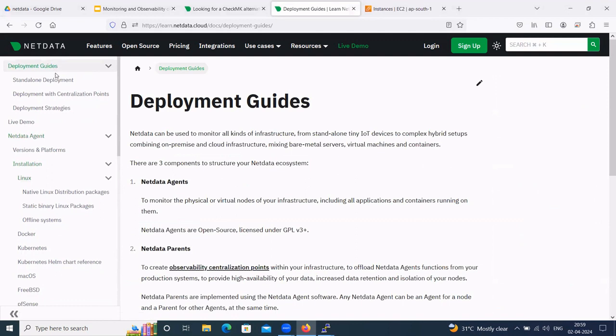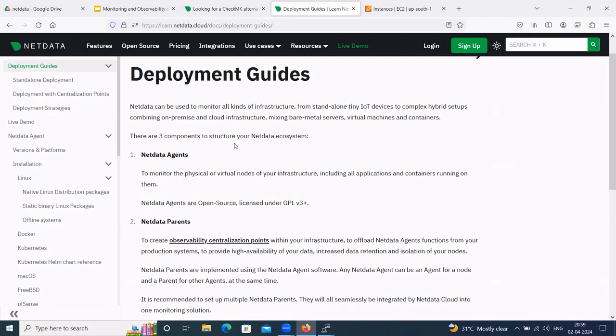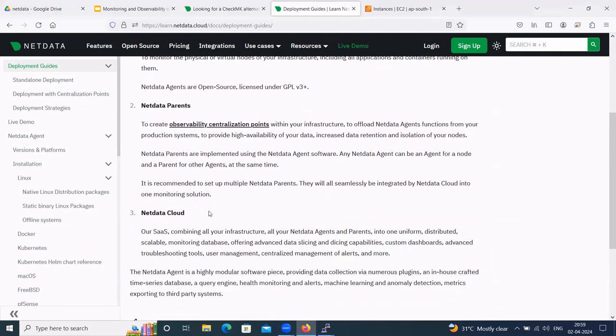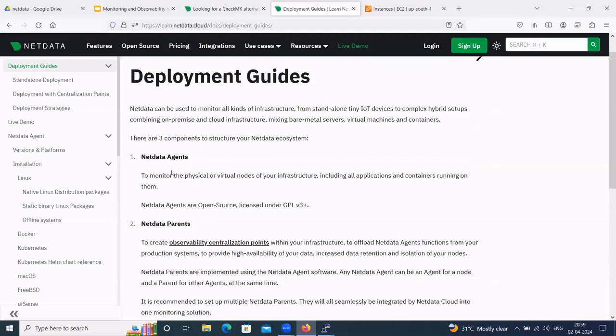If you click on the deployment guide on the left side, as I mentioned in our presentation, Netdata has three components to structure your Netdata ecosystem: Netdata agents, Netdata parents, and Netdata cloud. With Netdata agents, if you want to monitor the physical or virtual nodes of your infrastructure, including all applications and containers running on them, we can use Netdata agents, which are open source and licensed